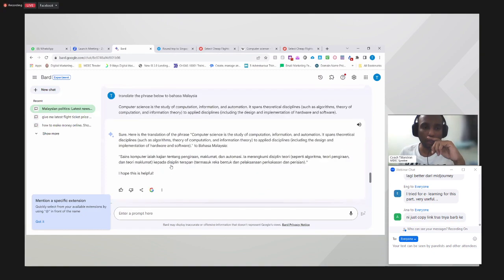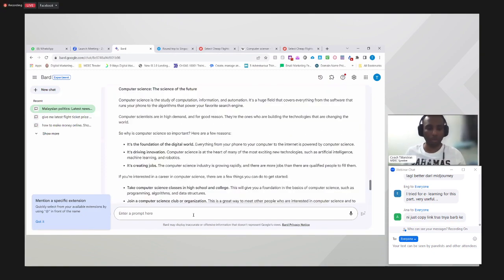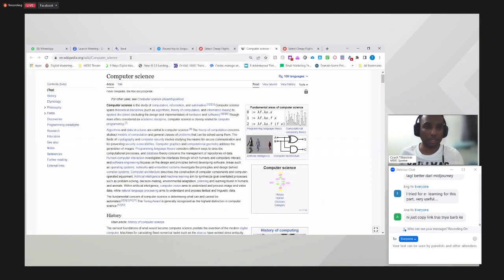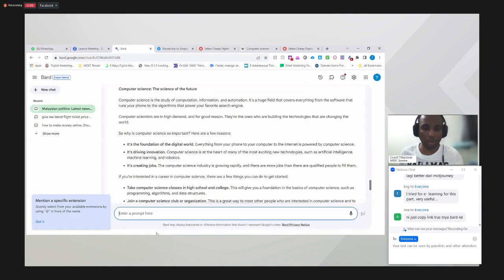Alright, let's type one more. I want to show you another thing. Earlier we summarized. Say you want to translate. We can also translate the website content into Bahasa Melayu.